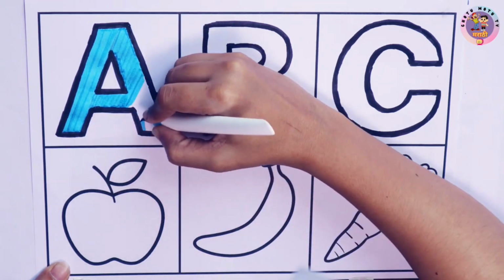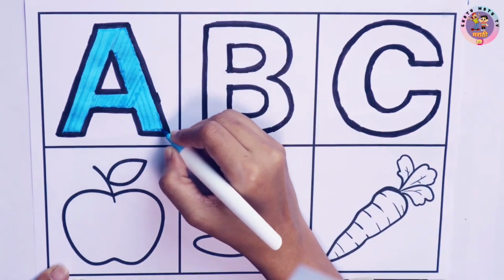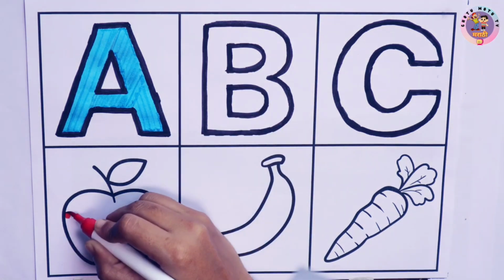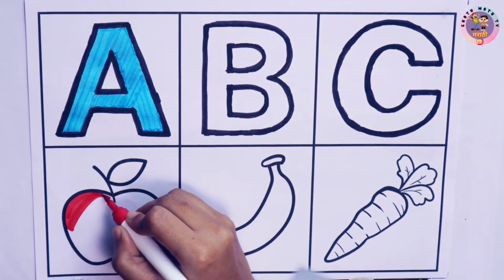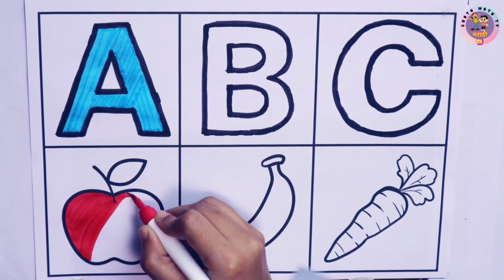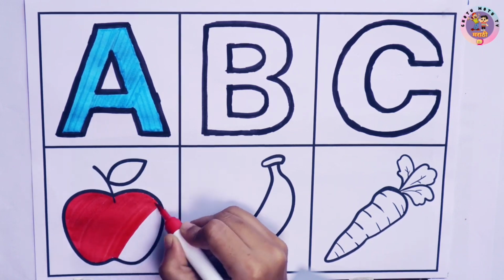Q R S T U V W X Y and Z. Now I know my ABCs. I'm coloring apple. Won't you sing with me? A B C D E F G